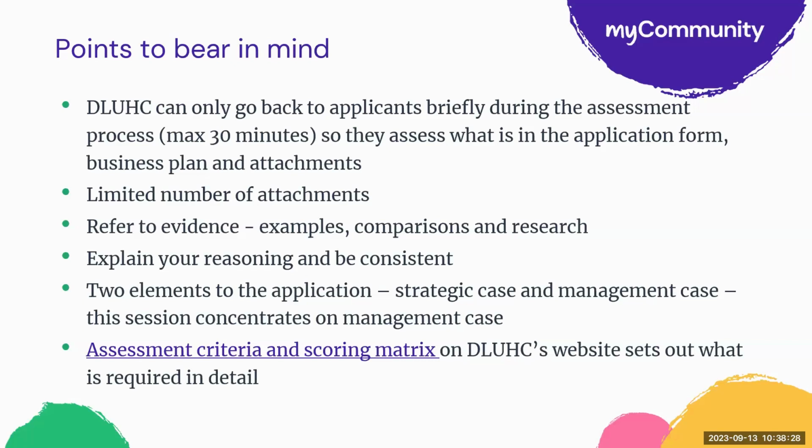We know that in the past, some groups have struggled with a limited number of attachments on the application form. There is a list of supplementary documents provided by DLUC that they suggest you refer to in your application, and that is quite extensive. So you really need to think about how you can compile all that really important information into the amount of attachments you've got. So for example, perhaps having a risk register on an Excel document where there's lots of different tabs to put in all your other financial information like cash flow forecasts and things like that.